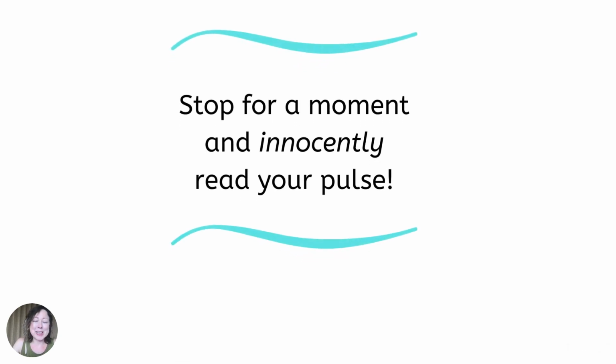So let's stop for a moment and innocently read the pulse. So again, find the radial bone, go in diagonally a quarter of an inch toward the radial artery. Hopefully you have short fingernails, and lightly just keeping the fingers together, assess what qualities you find. So we can focus our consciousness or awareness under the Vata finger first and think about the qualities we find, and then the Pitta finger, and then the Kapha finger.